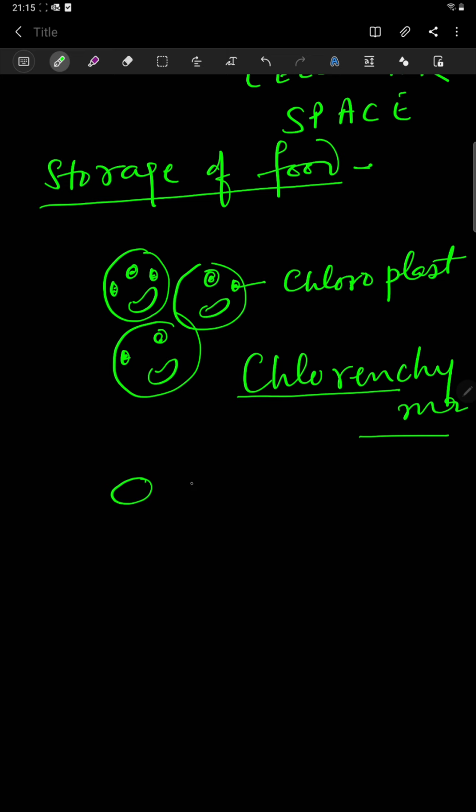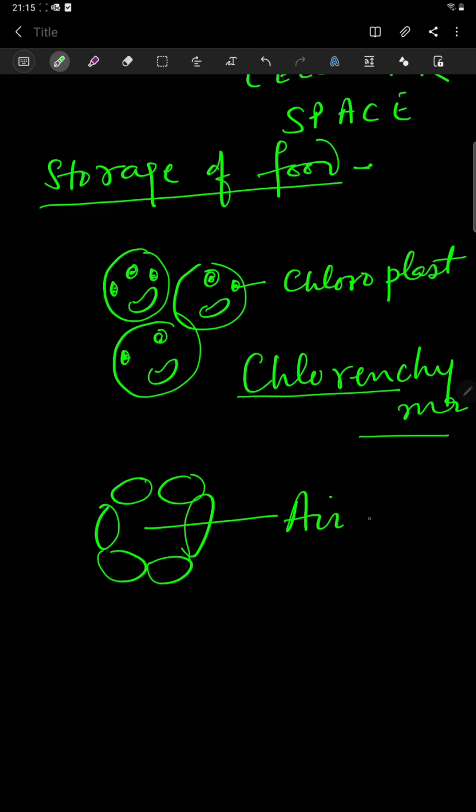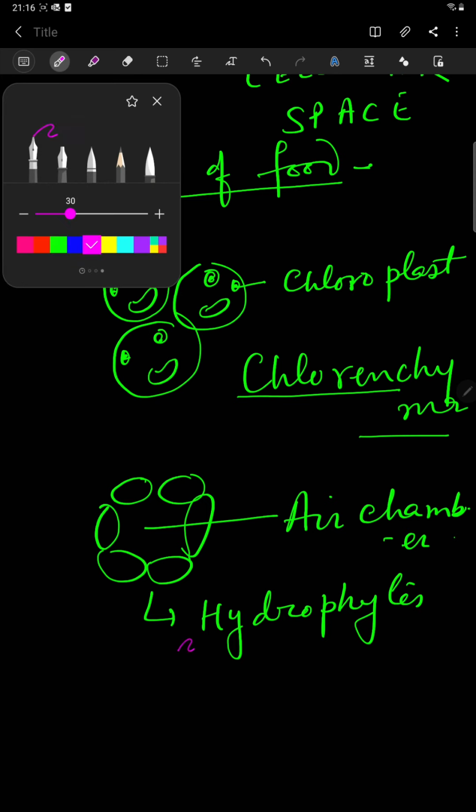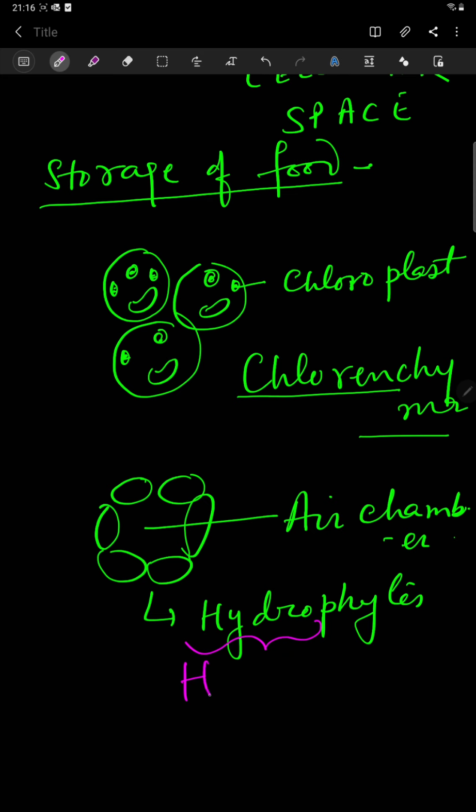Sometimes large air cavities are packed with the parenchyma. I am going to draw the cell with the packing of these air cavities like this. So you can see here that the air chamber is enclosed. This is air chamber. This enclosed air chamber gives a bouncing nature. Basically it is present in hydrophytes. You know the meaning of hydrophytes? Hydro means water, H2O. Phytes, plants. So the plants which are living inside the water, whose habitat is the water, are termed as hydrophytes.